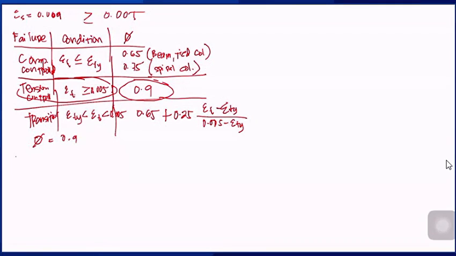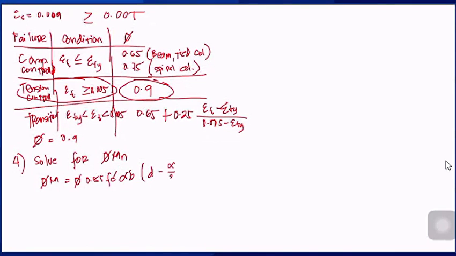So last step, solve for phi Mn. So this is now your design strength, phi Mn. So let's say we use the first formula, phi 0.85 fc prime alpha b (d minus alpha over 2) equals to 0.9, 0.85,